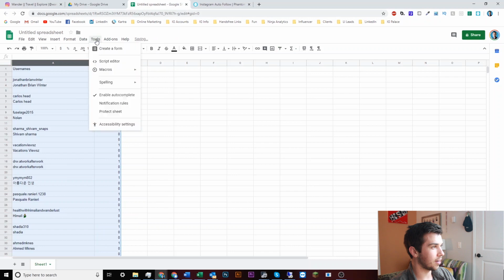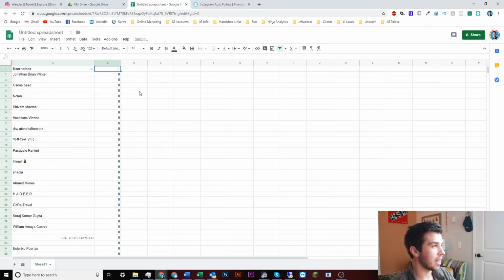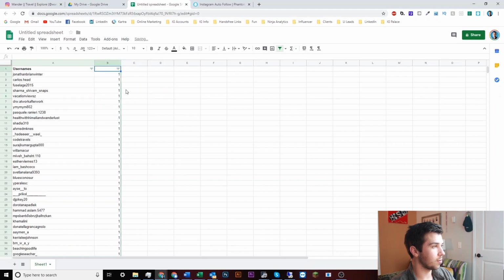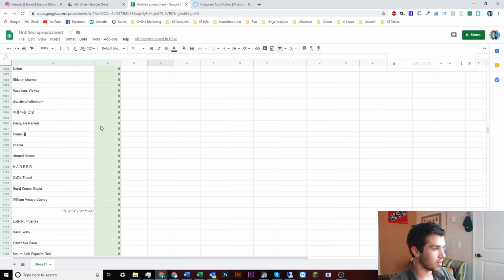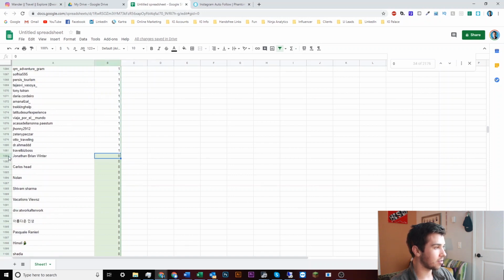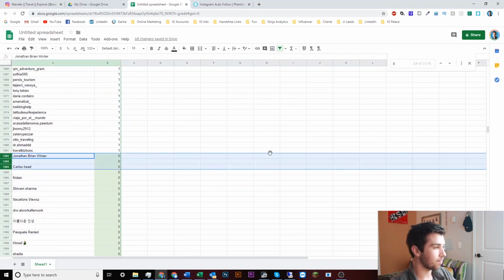Turn off filter, create filter, and then just do A to Z, or I guess we want to do Z to A. Go down to the bottom where the first 0 is. All you've got to do is scroll down until you start getting to the zeros, and then to select all these, you click on